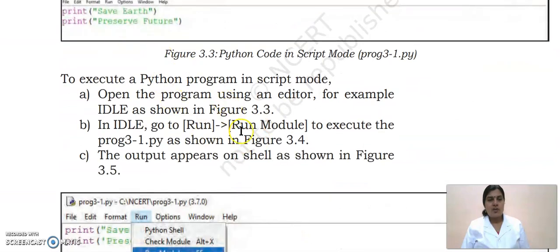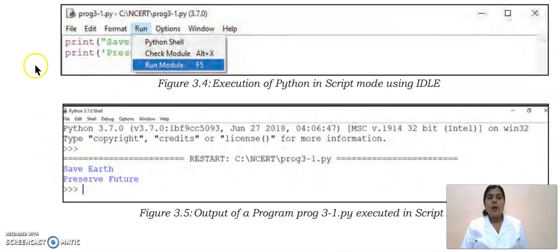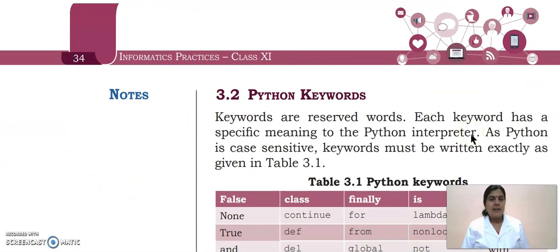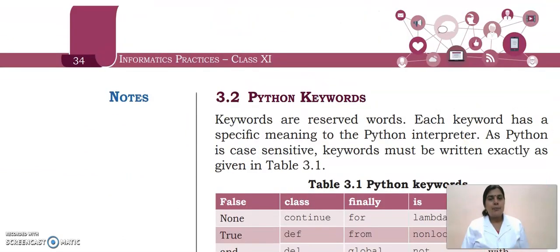This is the example for script mode. And if you have any doubt about this print statement, it is an output statement. By using print only, we can see the output. So we can see the program's output by using the print statement. And next we move to